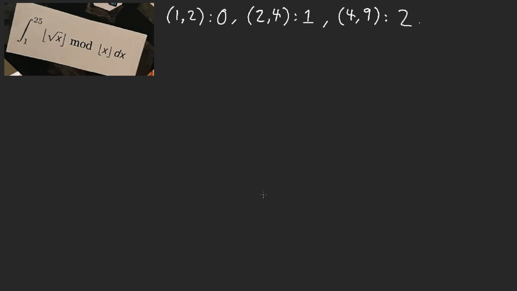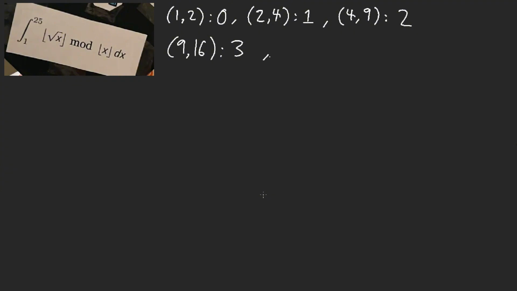Until we hit 9, it's just going to be a bunch of 2 mod whatever numbers, right? And think of it like this: 2 mod some integer greater than 2 is just going to be 2. Okay, so think of it like that. Because our modulo is now bigger than this, now we only focus on this portion. So from 9 to 16, it's going to be 3, right? It's just going to be 3 mod whatever.